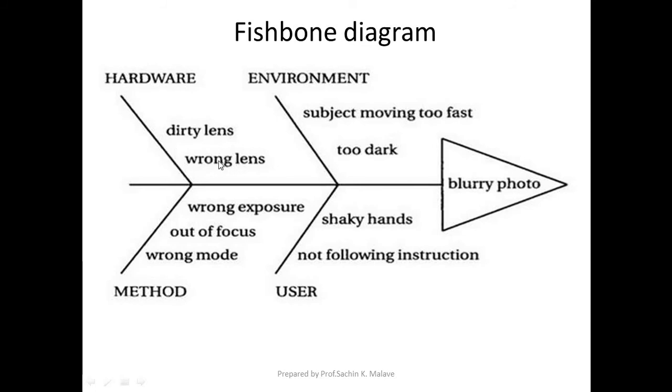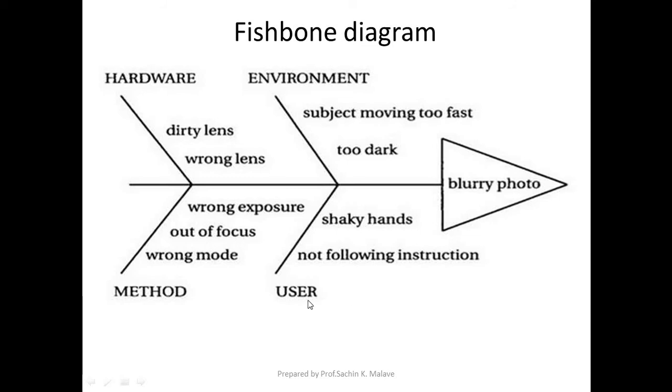So check whether the lens of correct specification is used or not. Then if both are not the cause, go for the next category, method. Check whether you have used the wrong method, whether it is out of focus or wrong exposure. So each and every possibility which can cause the blurry photo is explored to find out the